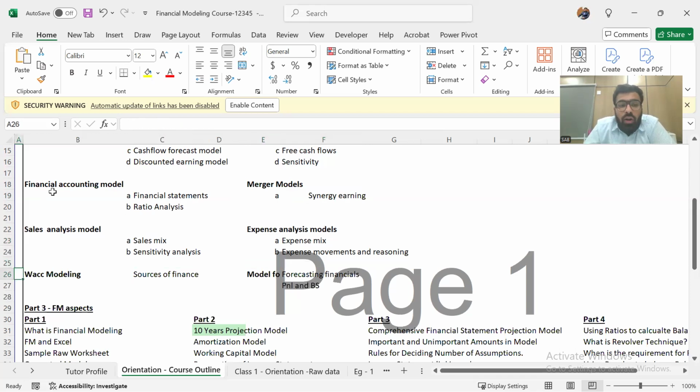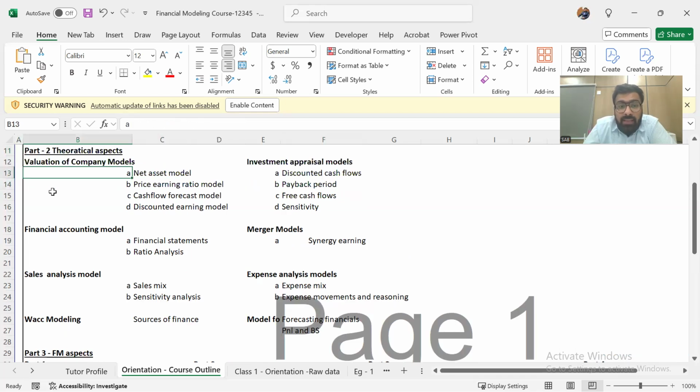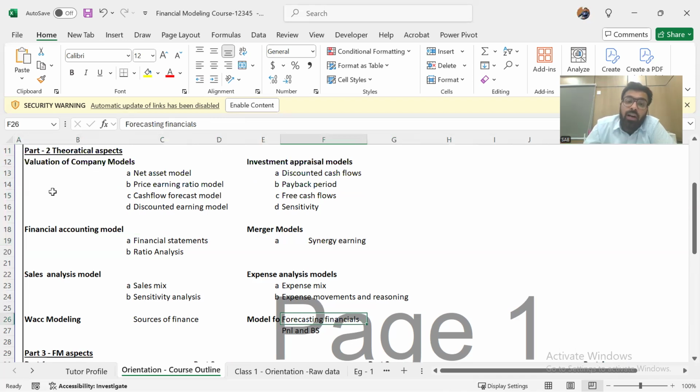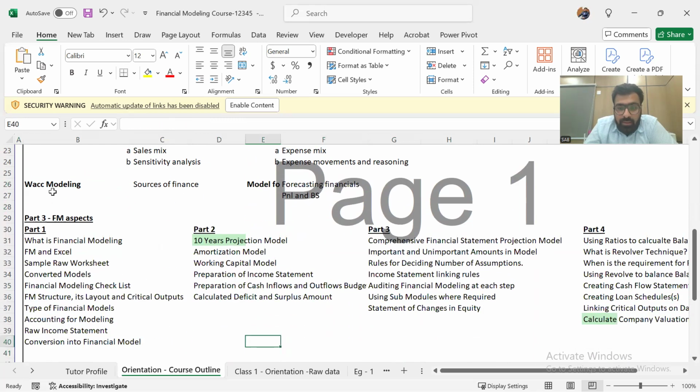Then we have models based on WACC, like sources of finance, and models to forecast financials. So this all will be once our basic Excel is done. One is the basic financials that we are making, the actual financials, whereas one will be the forecasting financials. Like we'll assume some numbers and we'll plot the financials there, right? So this will be part two, which will take approximately 10 classes, and after that we'll move on to part three,